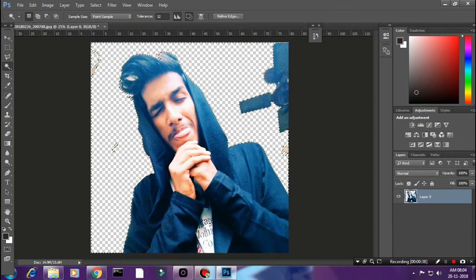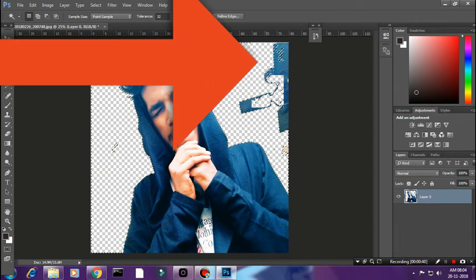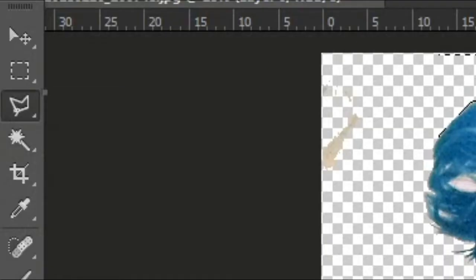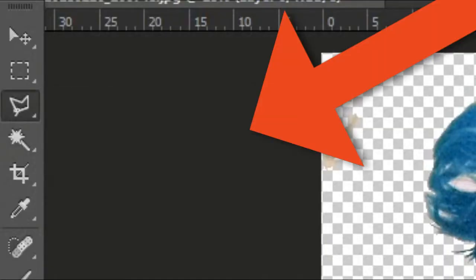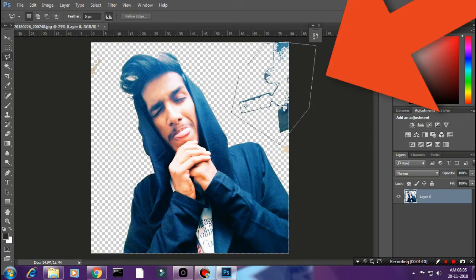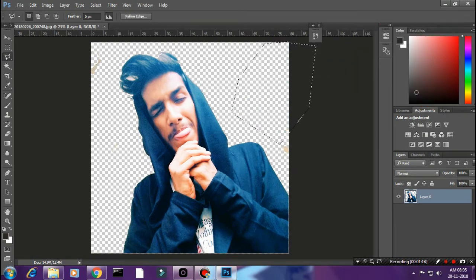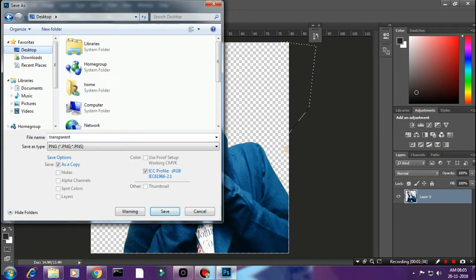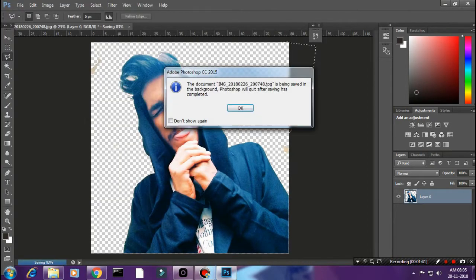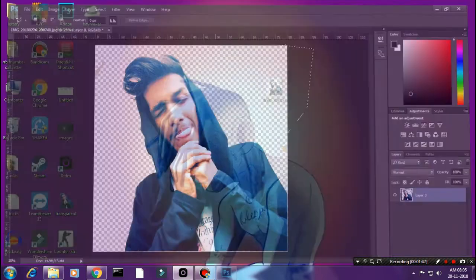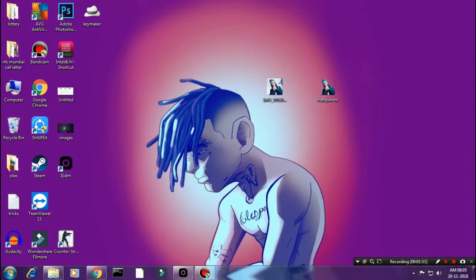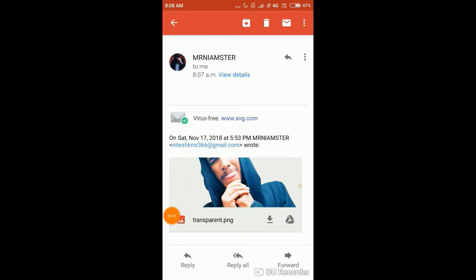But sometimes not all the parts are able to be selected, so for that, just click on the lasso tool or press L, and once you're there, just select the unwanted part which you really want to delete, and boom, delete. So once you've deleted that, just convert the image to a PNG file, and that's it. So now what you need to do is download this app named Personal Sticker,